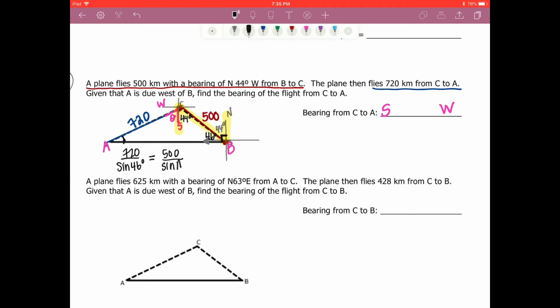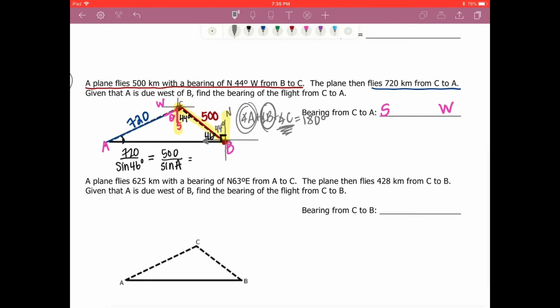Now, why is that going to be helpful? Because we know that angle A plus angle B plus angle C equals 180 degrees. So if we find out what angle A is, we already know what angle B is,